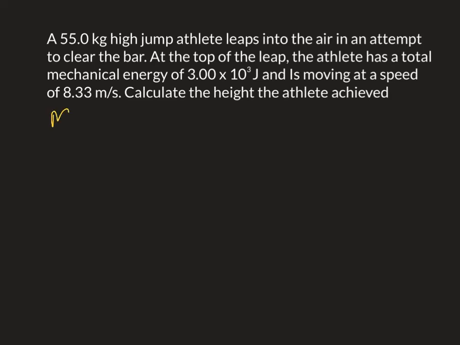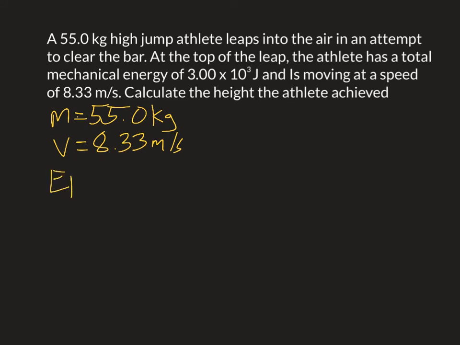We know that our mass is 55.0 kilograms. We know that our speed is 8.33 meters per second. We're trying to find our kinetic energy for step 1. So what we're going to do is use our traditional kinetic energy formula. So kinetic energy is mass times velocity squared divided by 2. And when I plug my numbers in, I'm going to go 55